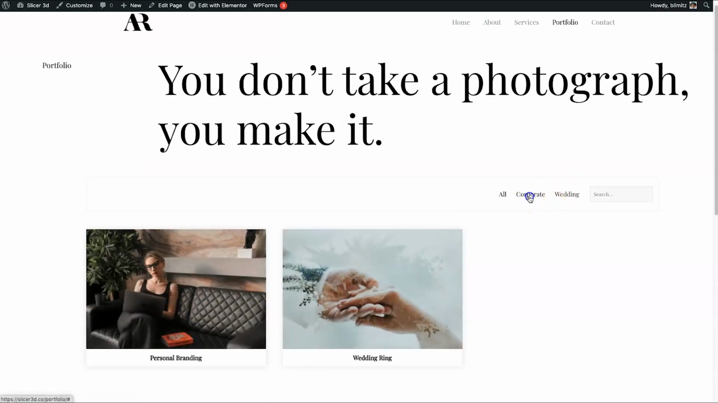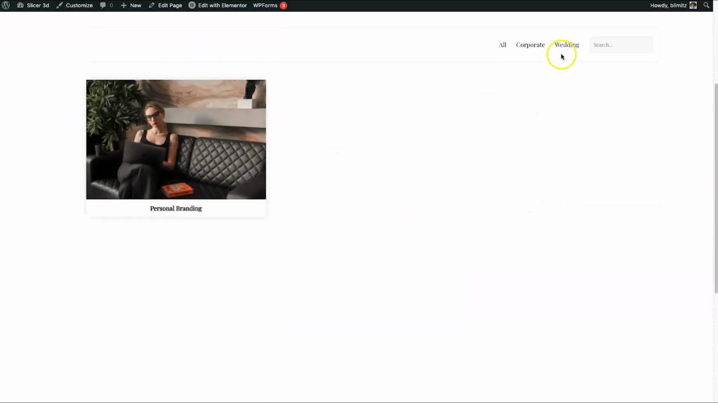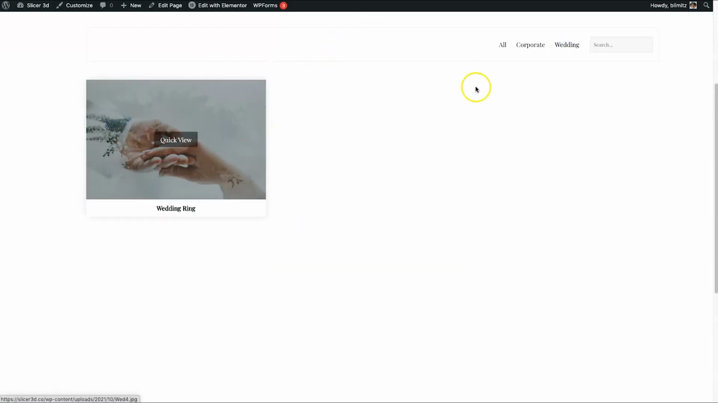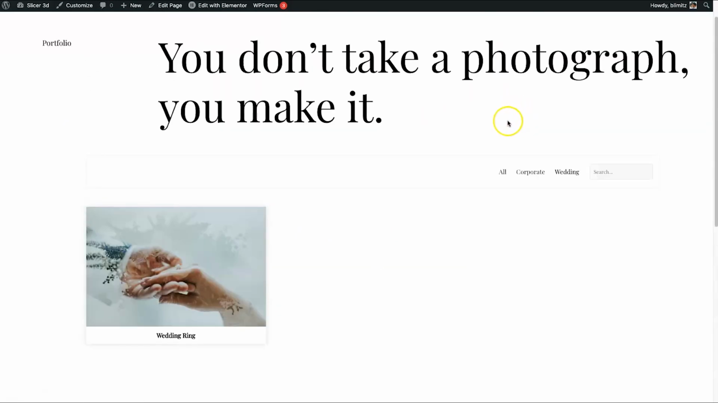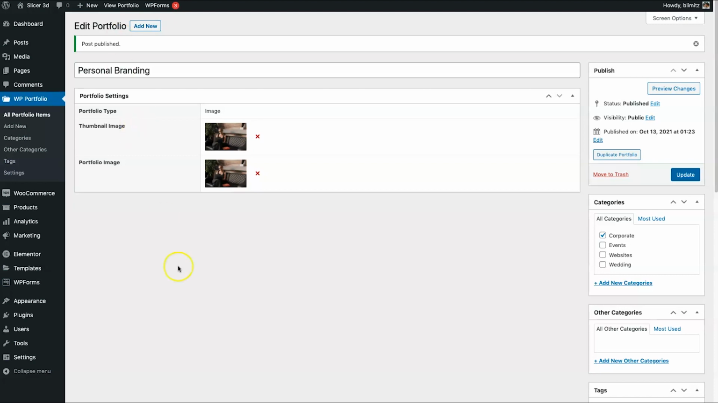So if I come to corporate, it's going to show all the ones in the corporate category. If I click on wedding, it's going to show all the ones in the wedding category. So it's nice and easy. So now to show you the different types of ones you can actually add in, what I'm going to do